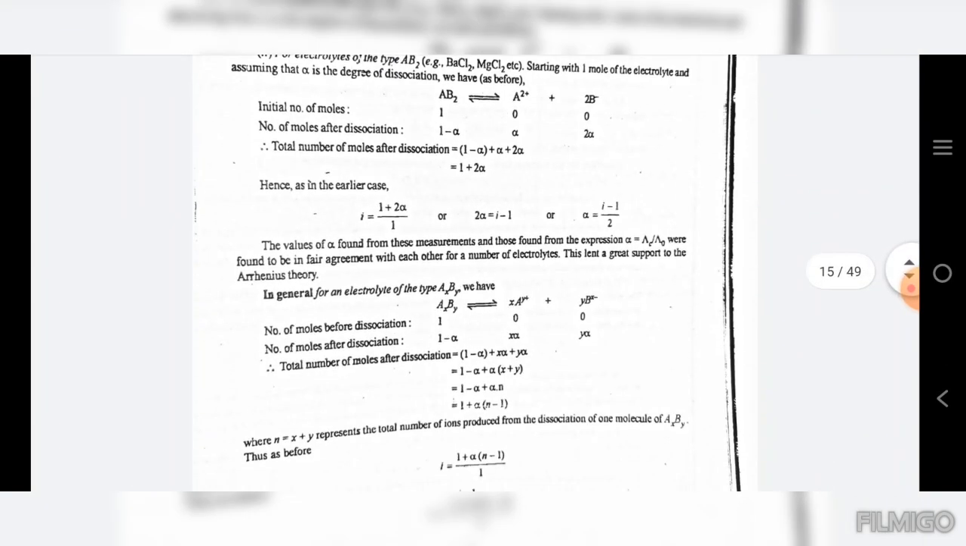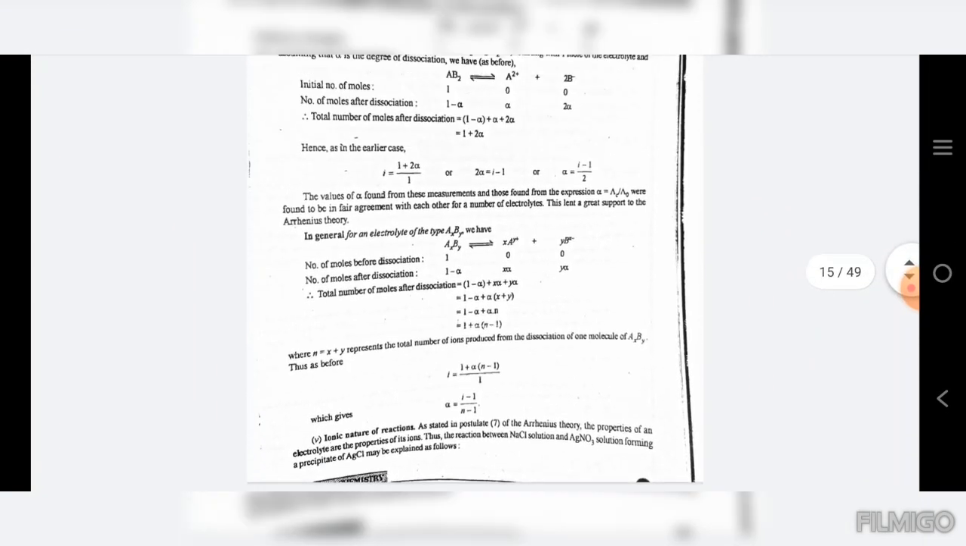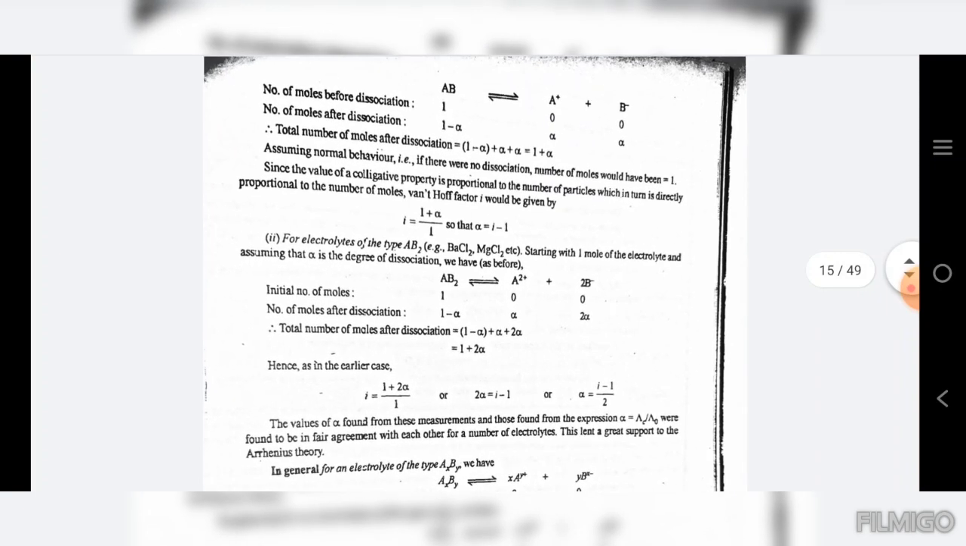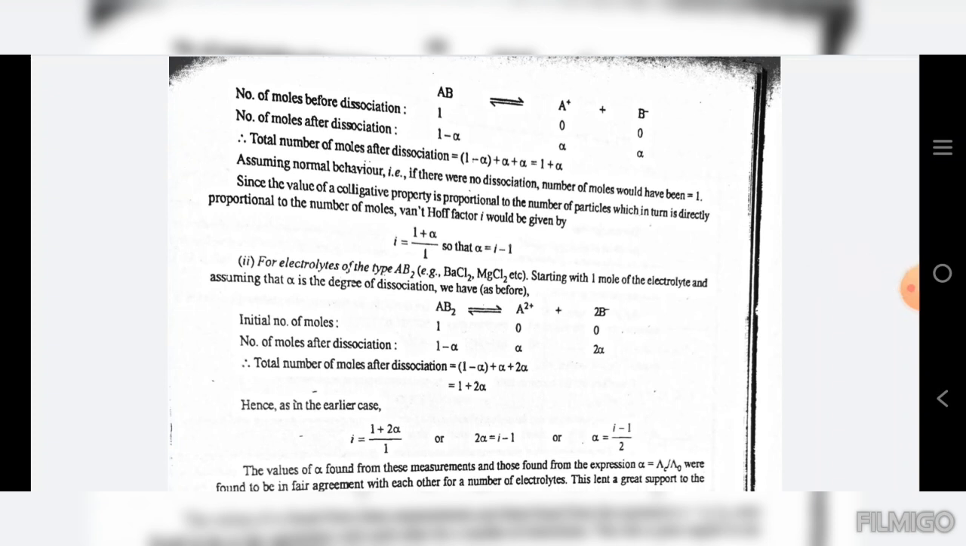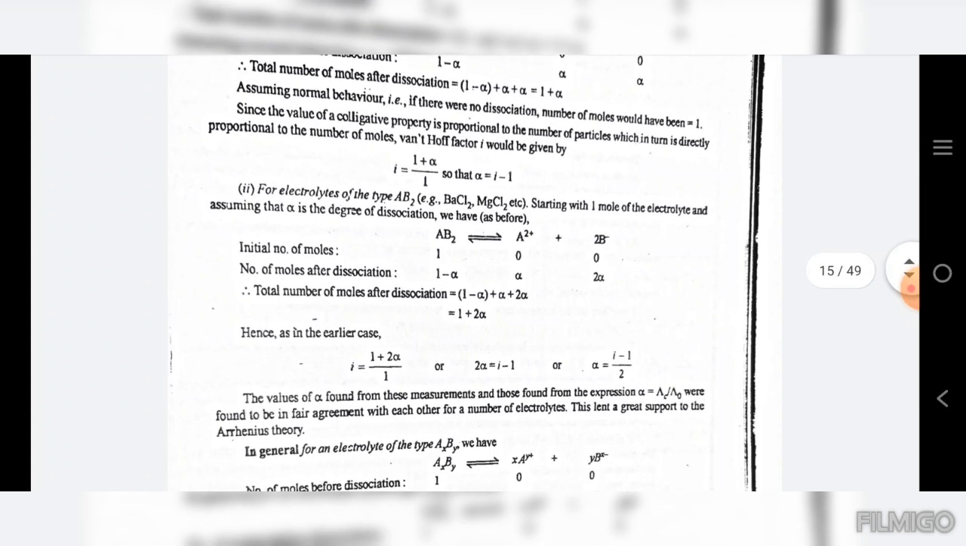For electrolytes of the type AB, for example NaCl, KCl, etc., suppose we start with 1 mole of the electrolyte and alpha is the degree of dissociation. Then we have the number of moles before dissociation, the number of moles after dissociation, and the total number of moles after dissociation. Assuming normal behavior, if there were no dissociation, the number of moles would have been 1. Since the value of a colligative property is proportional to the number of particles, which in turn is directly proportional to the number of moles, the van't Hoff factor i would be given by: